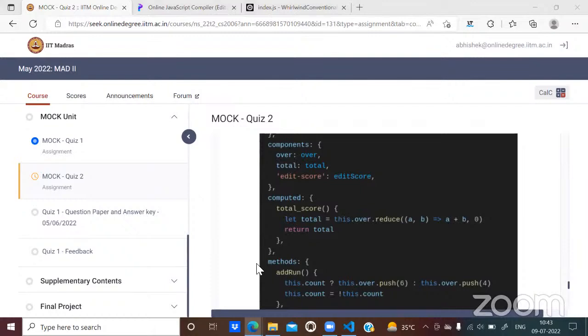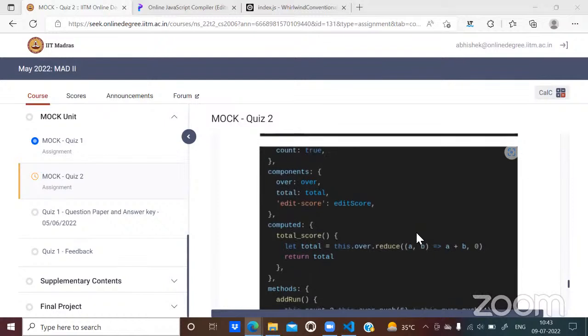All the list elements will be added. It iterates over the array, computes for every value, and then stores it again in A. But what is the initial value of A? Since there is a single value in the array, it will be 0. Why would it be 0? It is mentioned. Correct. So we iterate over this array, but since there is a single element, we'll be iterating just once here.